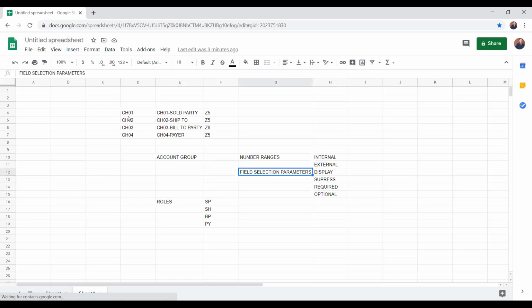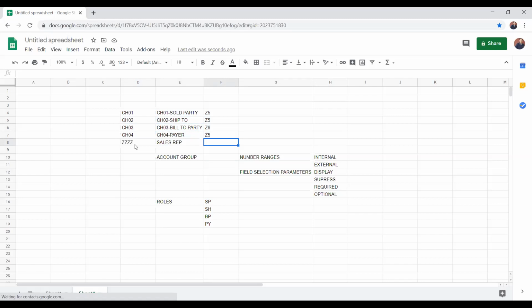So yesterday we created these account groups by copying the standard account groups: sold to, ship to, bill to, and payer. Assume that I got one new requirement, like sales representative, sales rep. He also has certain roles, right?